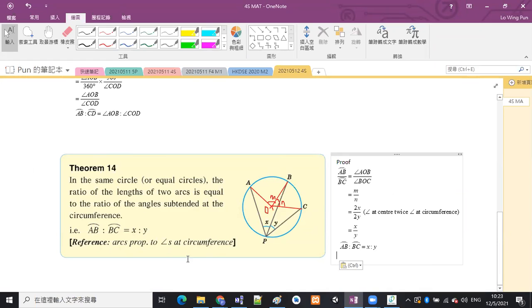OK，得唔得？所以咧，如果你有兩個 arc 佢哋嘅比例嘅話咧，除咗可以將呢個比例繼承到兩個 angle at centre 嘅比例之外咧，亦都可以將呢個 arc 嘅比例繼承到兩個 angle at